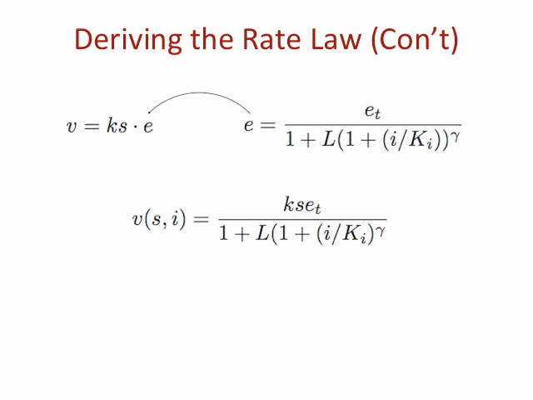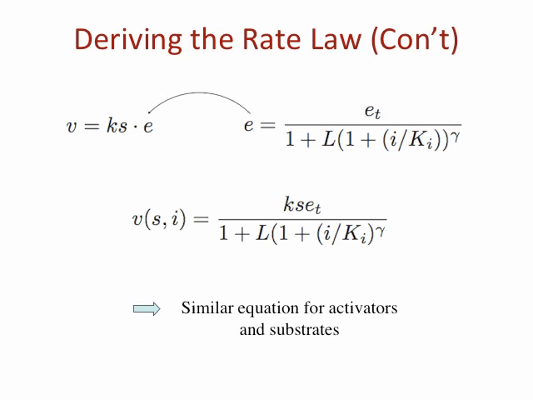This gives me the rate law that I'm after. I get the reaction rate as a function of the substrate concentration and the inhibitor concentration. And there are a number of kinetic parameters in it, in addition to the total enzyme concentration. There is a similar set of equations I can